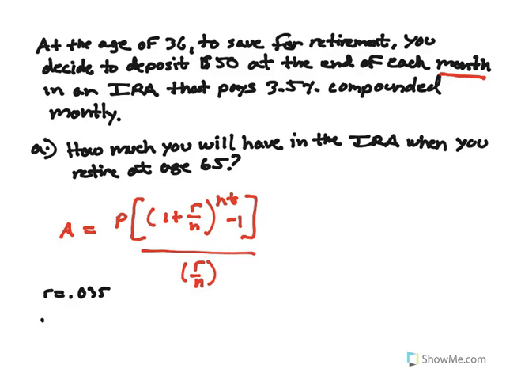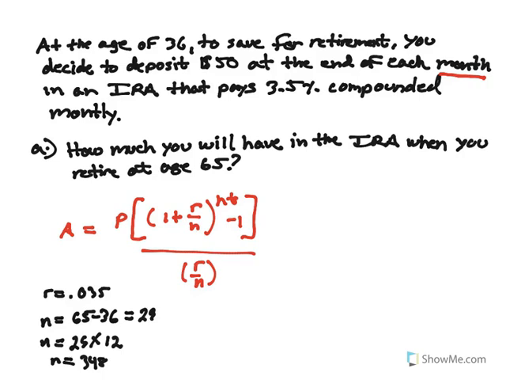Now when you find n times t, don't forget that if you take the difference between 65 minus 36, that'll give you the amount of years from 36 to 65, which is going to be 29. And then you take 29 and times that by 12 months in each year, and that's going to give you 348. So make sure you keep that in mind, and you'll have that answer. So n times t is going to be 348,